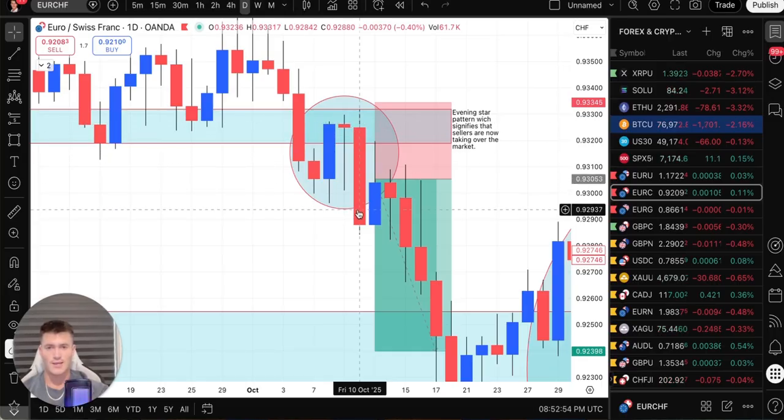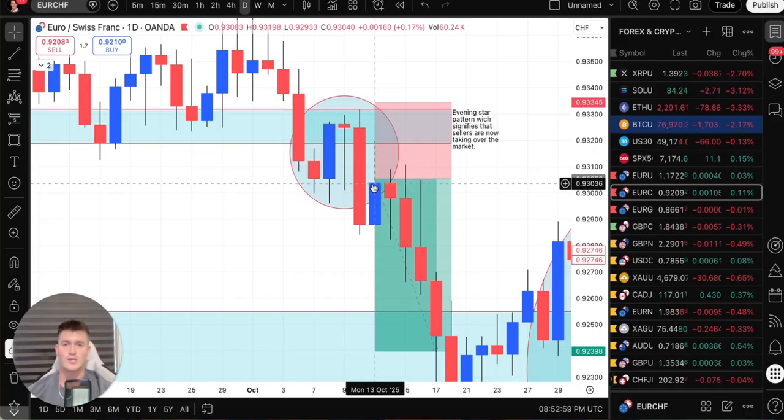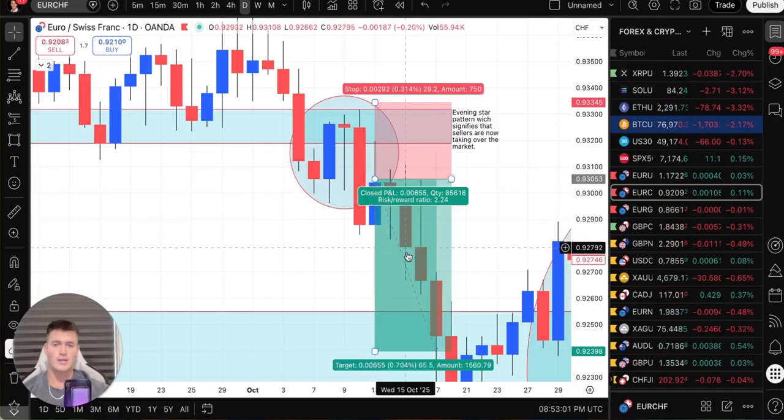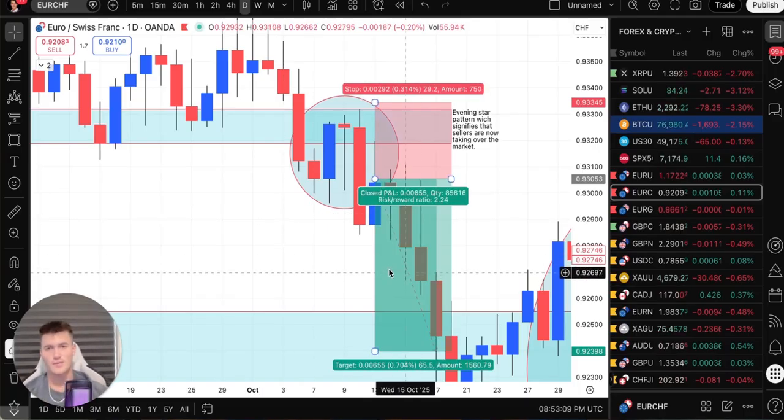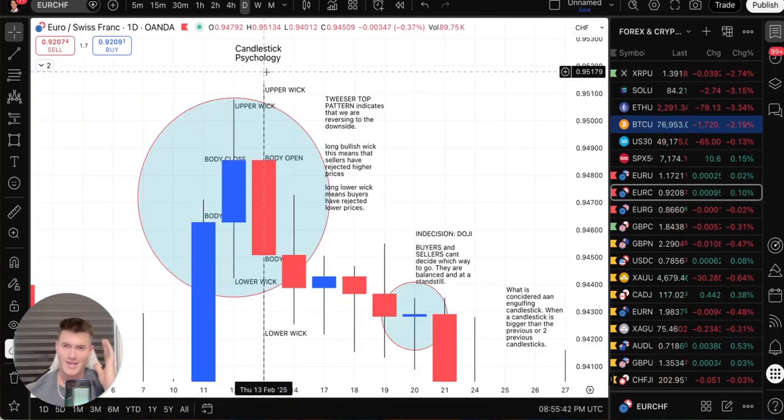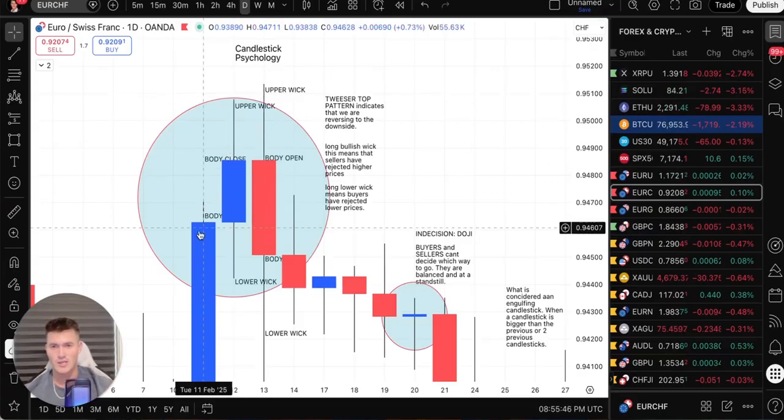And you could have gotten in on this engulfing. You could have waited for the pullback for the entry, enter the trade, and then wait till price hits your take profit. So going over everything one more time in our candlestick psychology section, we've got our candlesticks, which we